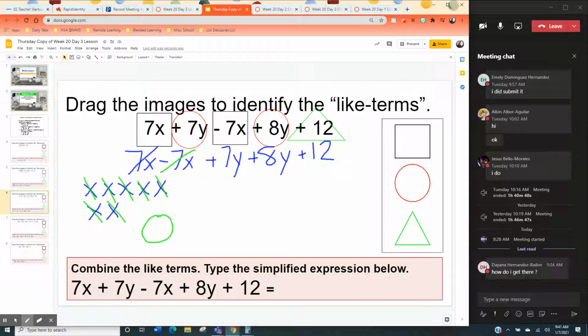Now I have plus 7y. So I have 7 y's, 1, 2, 3, 4, 5, 6, 7. Then it says plus 8. So I'm going to do 8 more. 1, 2, 3, 4, 5, 6, 7, 8. And I'm going to count them. 1, 2, 3, 4, 5, 6, 7, 8, 9, 10, 11, 12, 13, 14, 15. So I'm left with